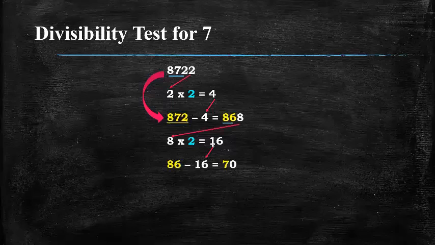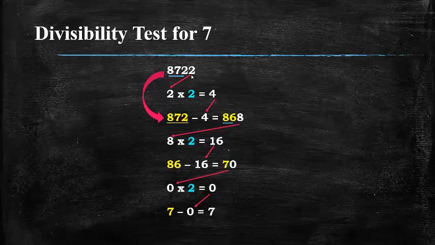In this step itself it is evident that this value is divisible by 7. And if you are still not confident, I'm going to take the unit digit 0 and multiply it by 2, which again gives me 0. The remaining value is 7 here, so 0 subtracted from 7 gives me 7. So at any intermediate step or at the final step, if you get a value that is exactly divisible by 7, then the whole number is divisible by 7. This is the divisibility test for 7.